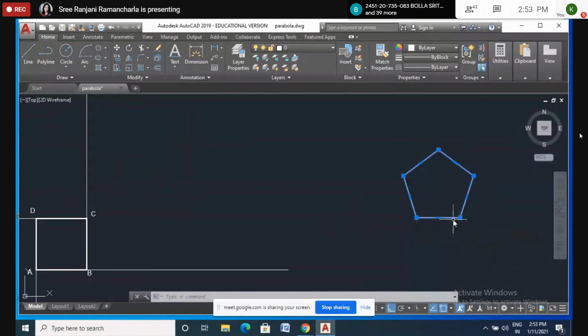Okay, what is the angle of this pentagon? How much will be the interior angle? 72 each angle. Interior 72, 5 times is 360. So if this is 72, 180 minus 72, how much are you getting? 108. 108 by 2. So that much will be the angle. It will be twice that angle.